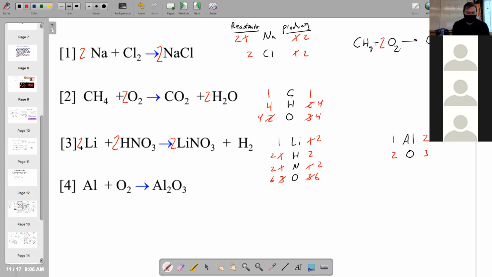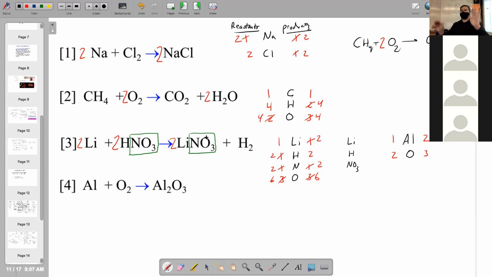There's another way to do this one, and that's like this. You see how there's this NO3? That's the nitrate. There's also an NO3 over here. That's a nitrate. No matter what, you need to have the same ratio of the nitrates on both sides. So when I look at this reaction, instead of looking at it as lithium, hydrogen, nitrogen, and oxygen, you can also balance it as numbers of lithium, hydrogen, and nitrate. Because no matter what coefficients you put in front of the nitric acid and lithium nitrate, the